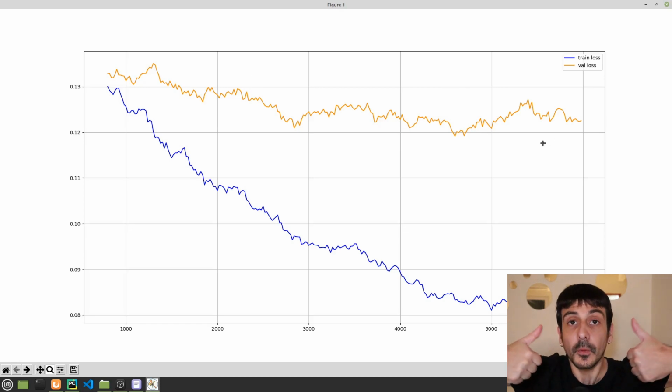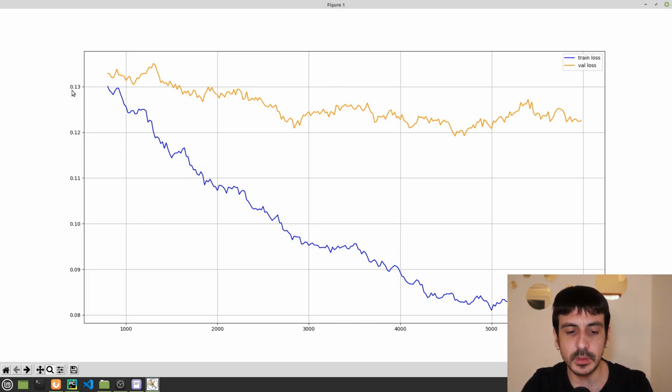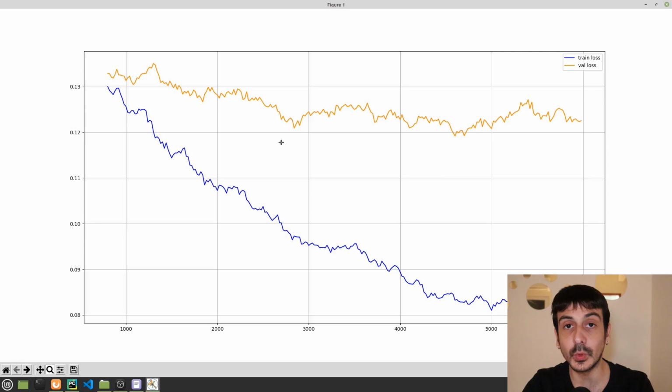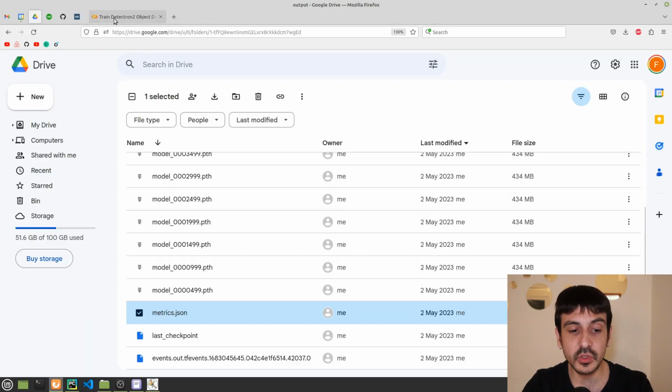And we can see that both of these functions are going down, and that's a very good sign. But in the case of the training loss, it seems we have reached a plateau over here. So the training process goes super smoothly until it reached something like 5,000 steps. And in the case of the validation loss, it seems we also reach a plateau, but much sooner, right? So this is basically where we are going to validate this model, and this is also where we are going to decide which one of our checkpoints we are going to choose from this model, right?